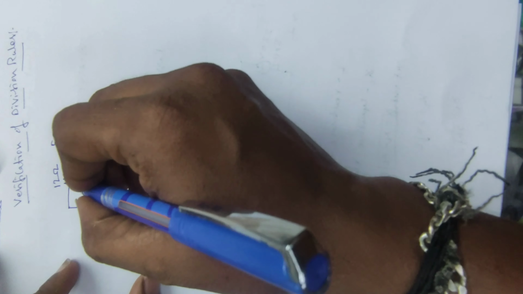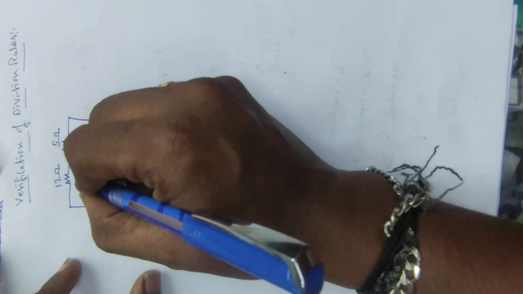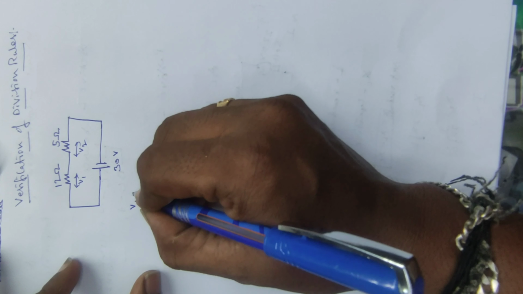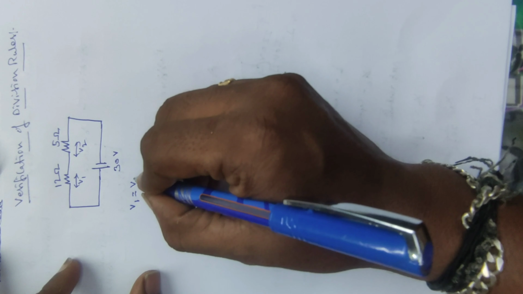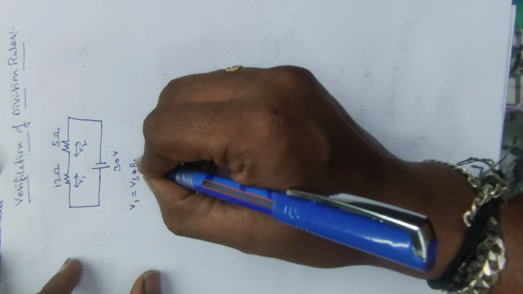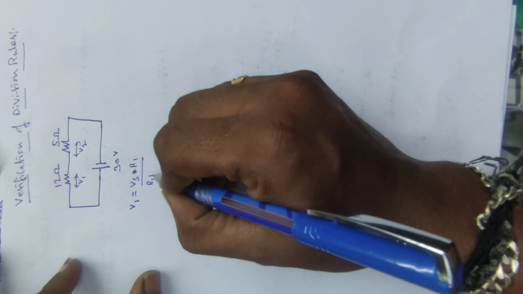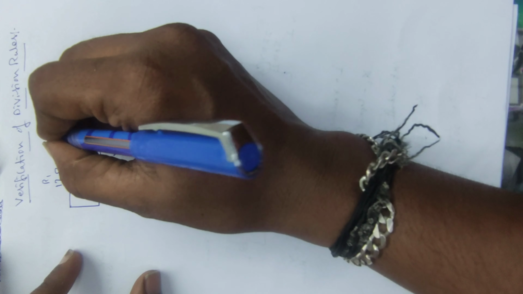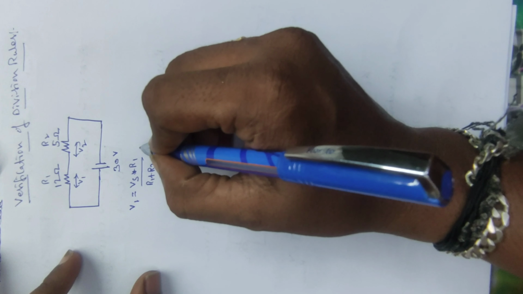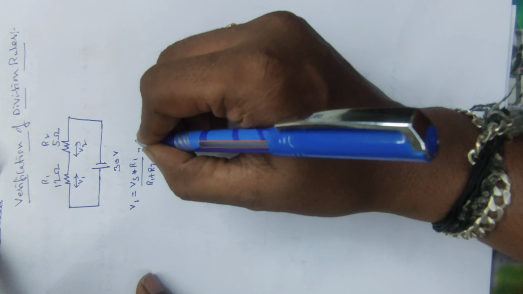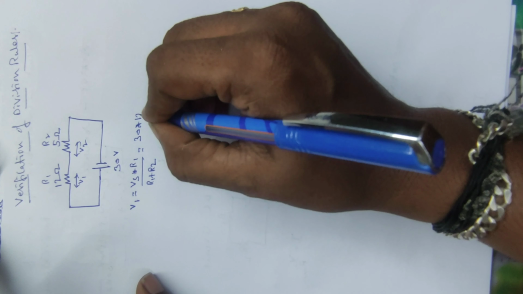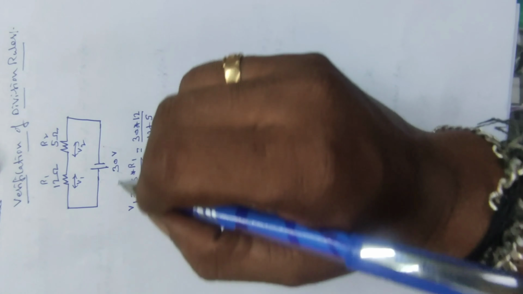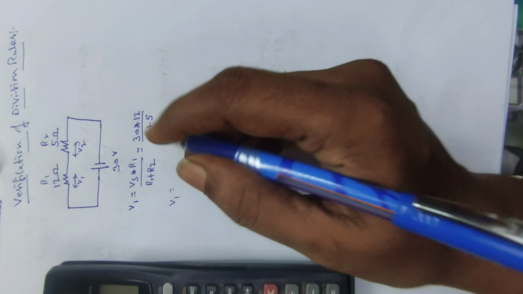According to the formula, I am writing this as V1 and this as V2. If I want to determine my V1 value, I need to take the source voltage Vs times the resistance R1 divided by R1 plus R2. Since I am naming these R1 and R2, I am making the circuit compatible with the formula. Vs is 30, R1 is 12, and R1 plus R2 is 12 plus 5. So it will give the V1 value.